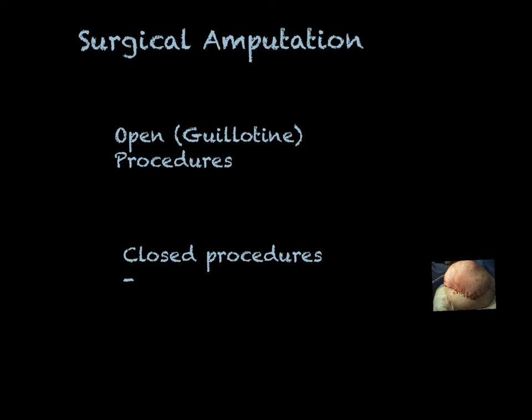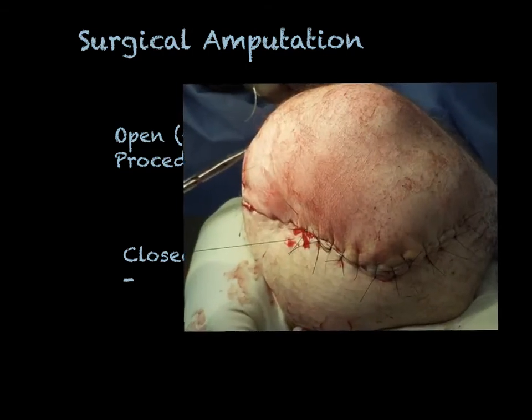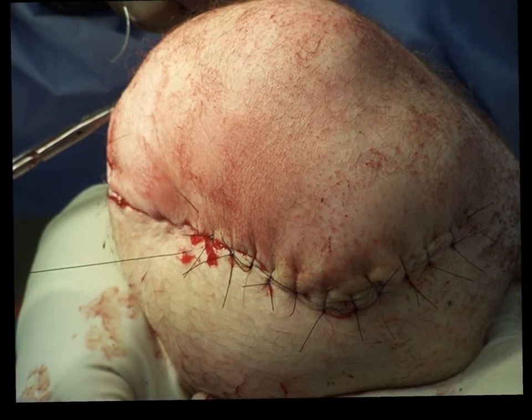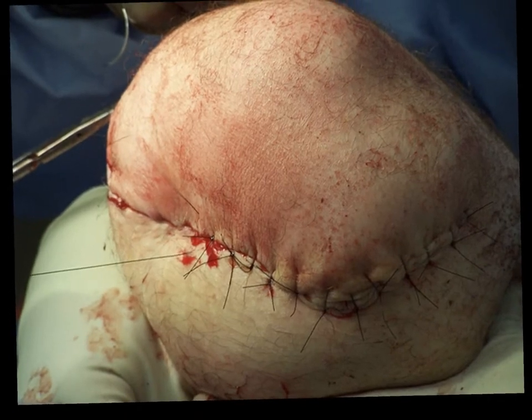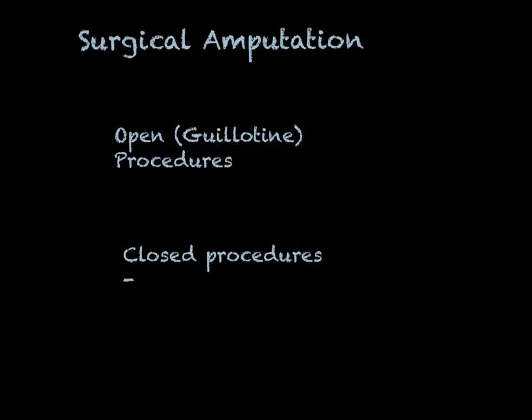I did have a real picture of a closed procedure because it's just a little less graphic. It's clean, it's been sutured, or it looks like he's in the process of suturing it. And this is where the doctor would suture the skin flaps over the bone and allow it to heal. Now, you may have drains on this type of procedure, or you may have wound vacs, but with both procedures, the surgeon is going to try and preserve as much limb length and joint function as possible.